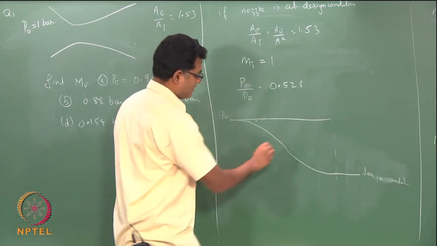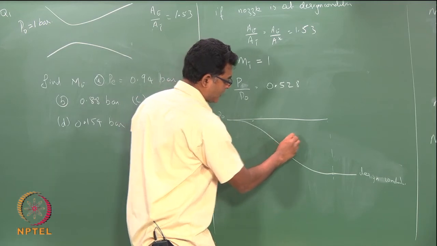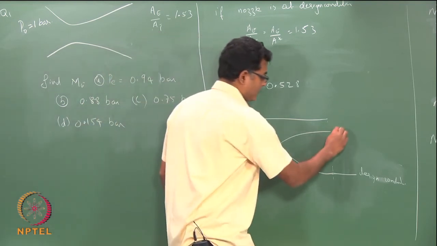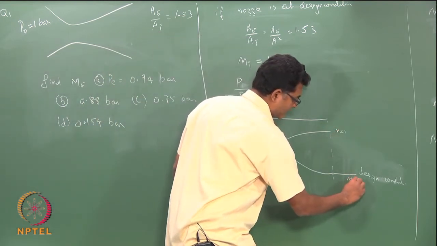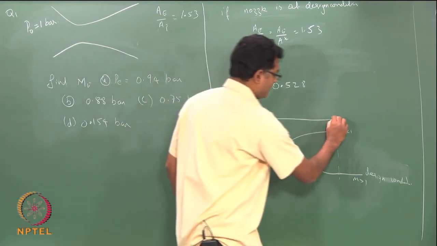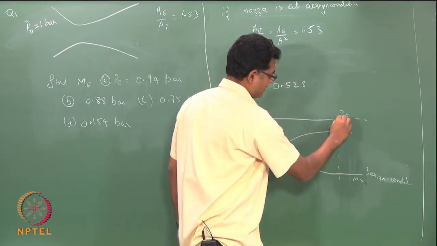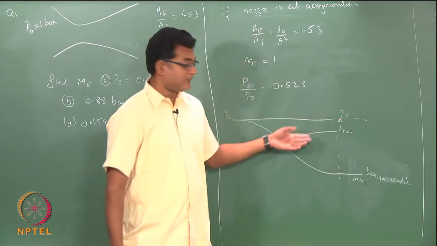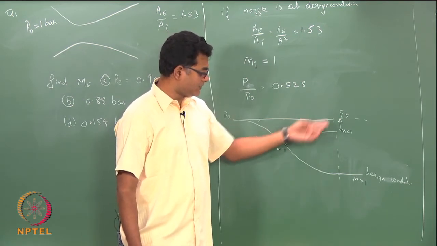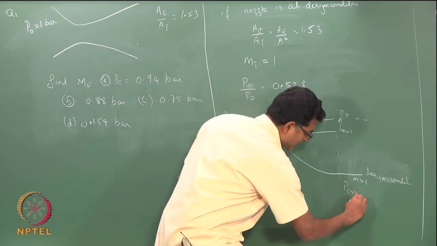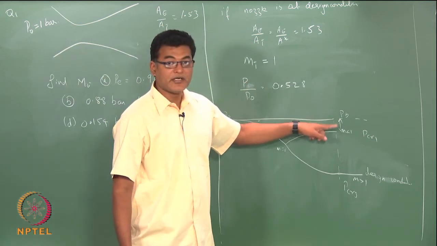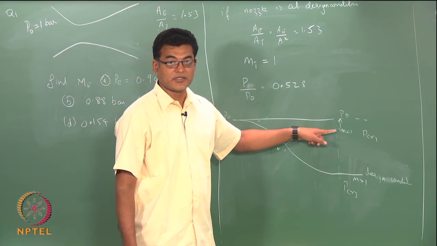But this can also take other isentropic solution, which is my m less than 1, this is m greater than 1, here m equals 1, and if I change my PB in between, if the PB is such that my P exit equals PB is somewhere between these two, we have also called this P critical 3 and this is P critical 1. So, if the pressure is between these two values, I am going to get an isentropic solution of subsonic Mach numbers.